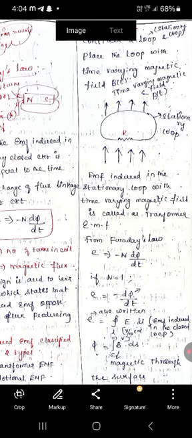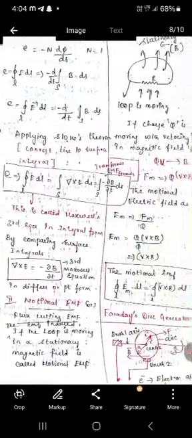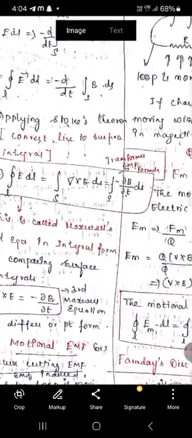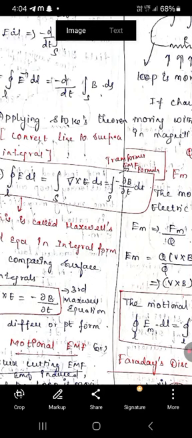So two terms here we are going to change, one is E and one is the Φ value. E can be written as the integral of E dot dl, where Φ can be written as the integral of B dot ds. In this equation I replace those terms. The left side is a line integral, the right side is a surface integral. I have to apply Stokes theorem to convert the line into a surface integral, which will be written as del cross E. So the integral of E dot dl can be written as the integral of del cross E dot ds.